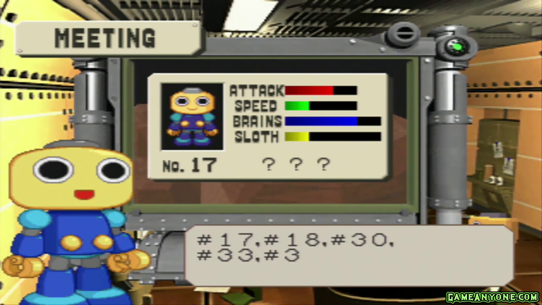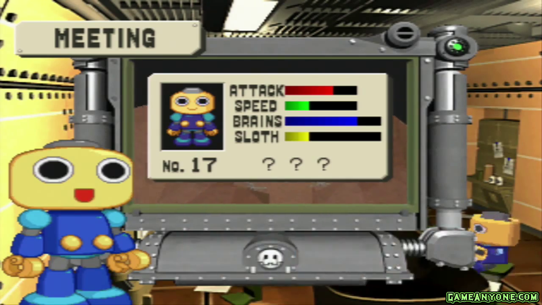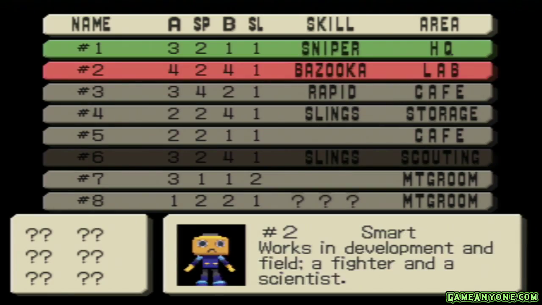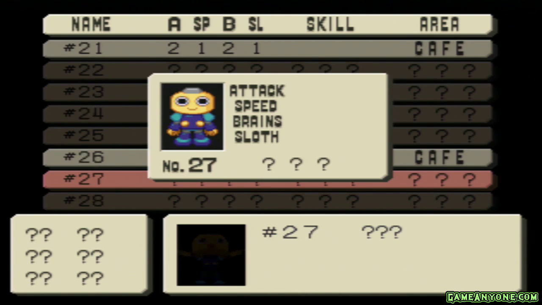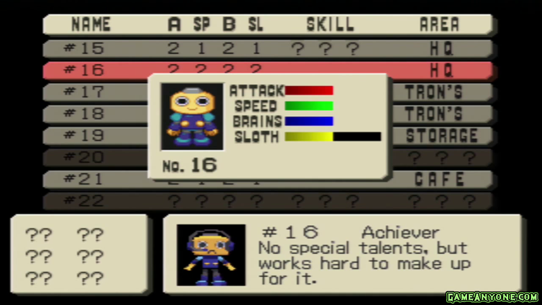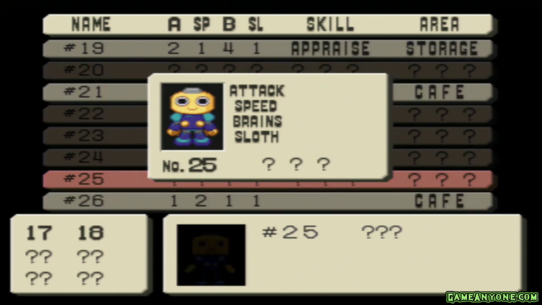We're going to keep number 17 on there because he's going to unlock his skill once he gets his brains to 4, which I believe is another slings member. So there's a lot of slings, I will admit. So first off, let's grab number 17. I need to get number 18 because 18 is going to be another bazooka person, which is...